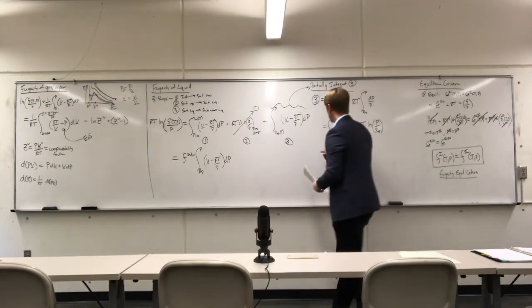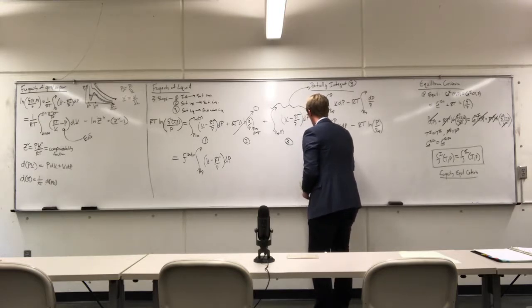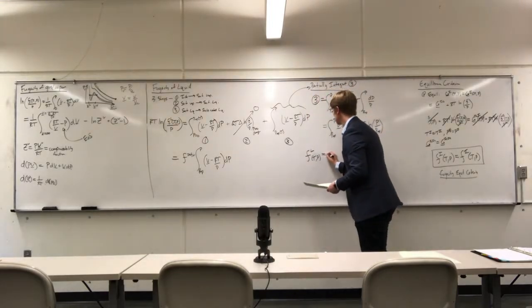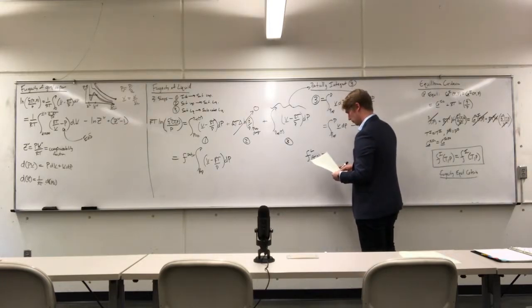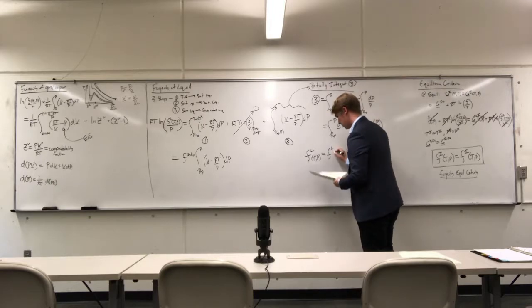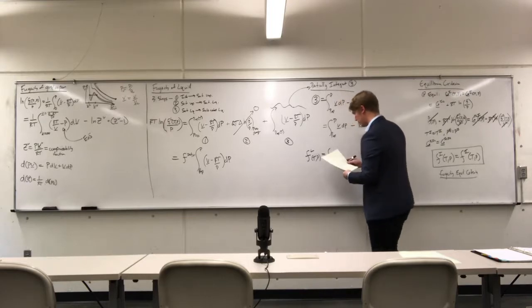What we ultimately end up with is that the fugacity of the liquid at some temperature and pressure conditions is equal to the fugacity of the saturation point at that same temperature,